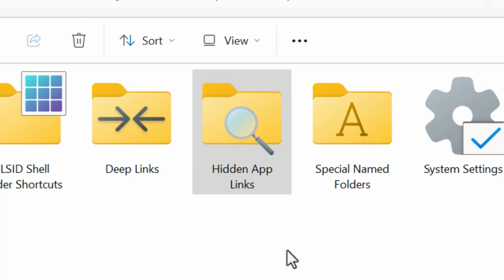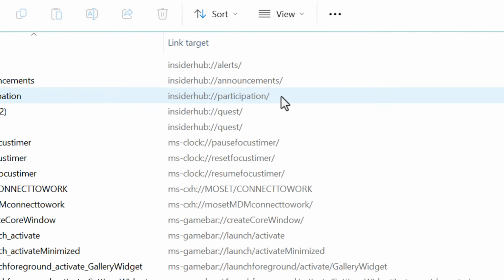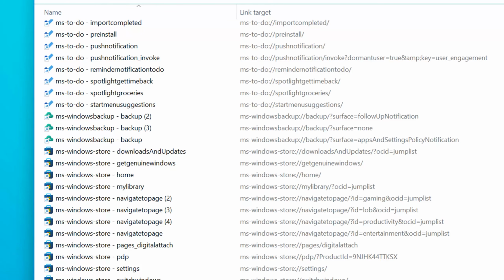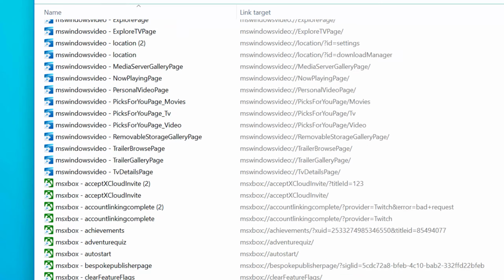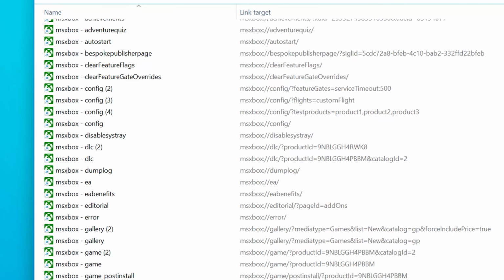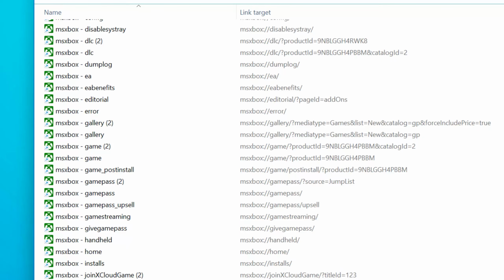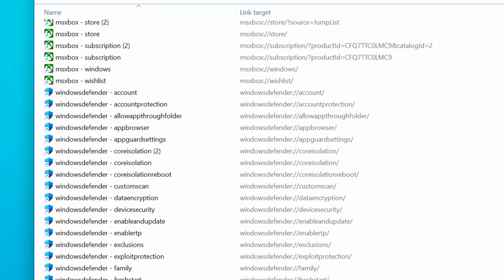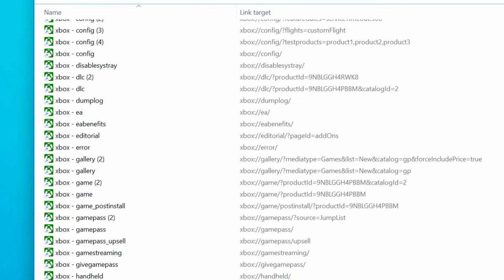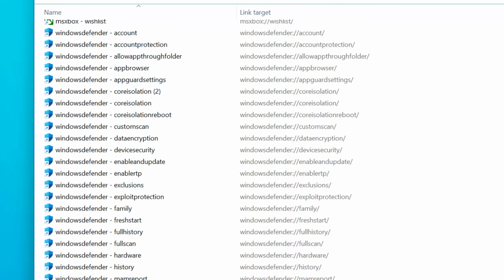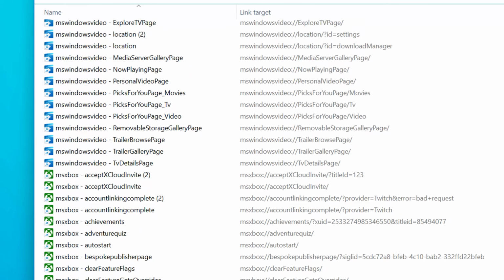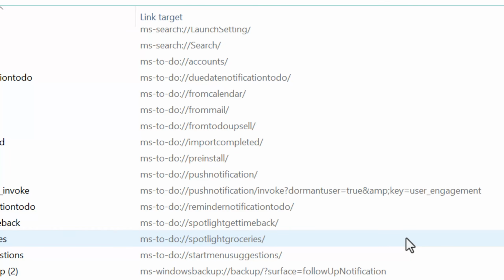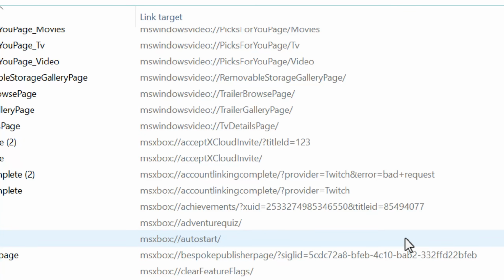All right, finally, we can take a look at the hidden app links folder. As you can see with the link target column, these are like the URL protocol links, except that these are for actual specific paths for those protocols. The reason I call them hidden is because these aren't pulled from a standardized location. What the script does is goes into the install directory for each app with an associated protocol and literally does a brute force search through all the files, even the binaries, to find instances of these links that are using the protocol appearing in those files.